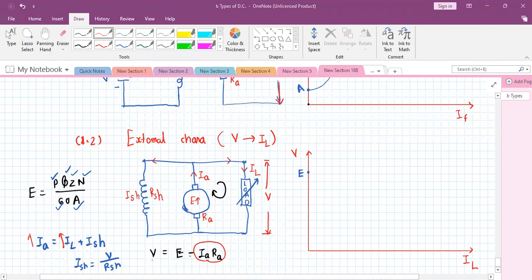Yes or no? Say for example, the IR product is first 1, then it increases to 1.2 because your I is increasing, then 1.3, 1.4 like this. So with the subtraction, your V is also decreasing. E is the same, it is the rated voltage, it is constant. But the subtracted parameter is increasing, so V is going down. Is it clear?